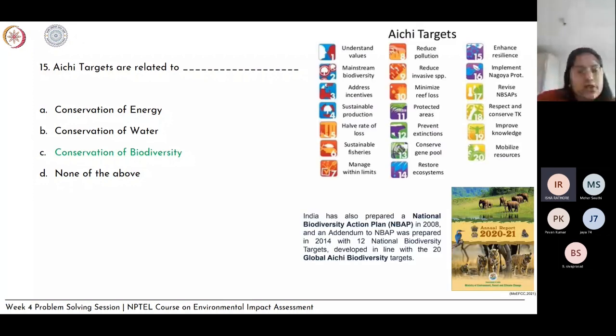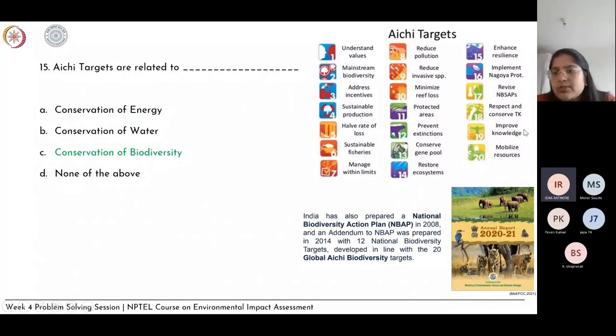Okay, so we have an answer, C, which is conservation of biodiversity, correct. So the targets are related to conservation of biodiversity, and they have 20 targets which talk about understanding values, maintaining biodiversity, addressing initiatives, sustainable production, reducing the biodiversity loss rate, sustainable fishing practices, sustainable management, reducing pollution, invasive species, reducing pressure on coral reefs, protecting areas, preventing extinctions, conserving the gene pool and diversity of biodiversity, restoring ecosystems, enhancing the resilience of ecosystems, implementing the Nagoya Protocol and access and benefit sharing, revising the NBSAPs, respecting and conserving,